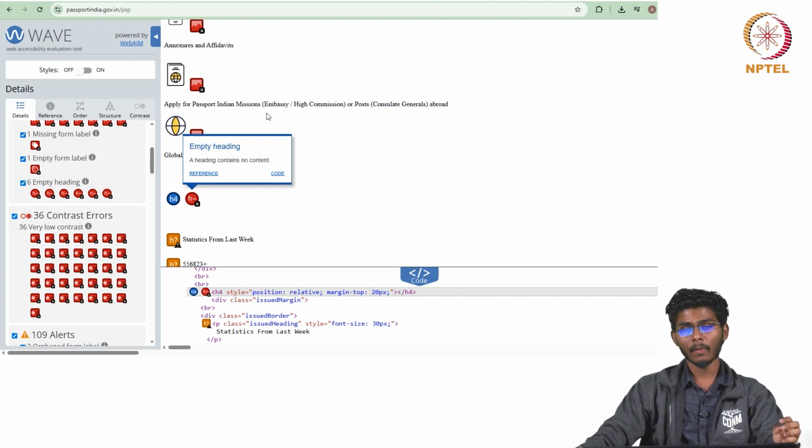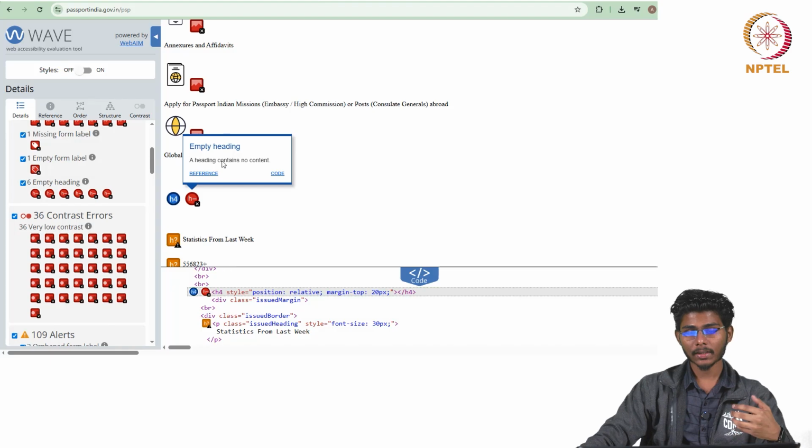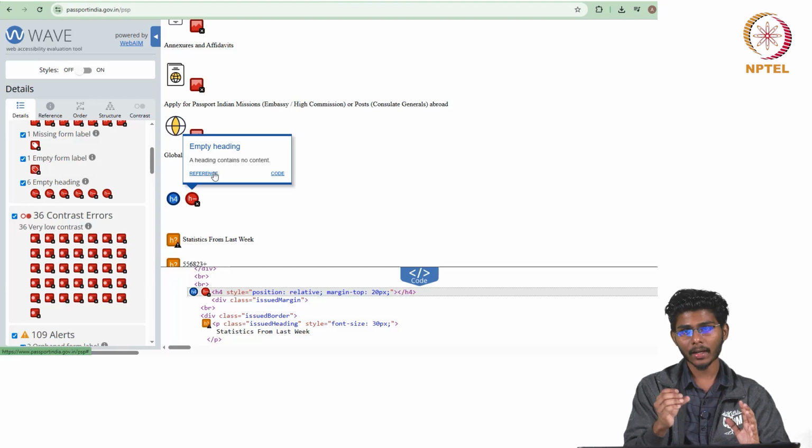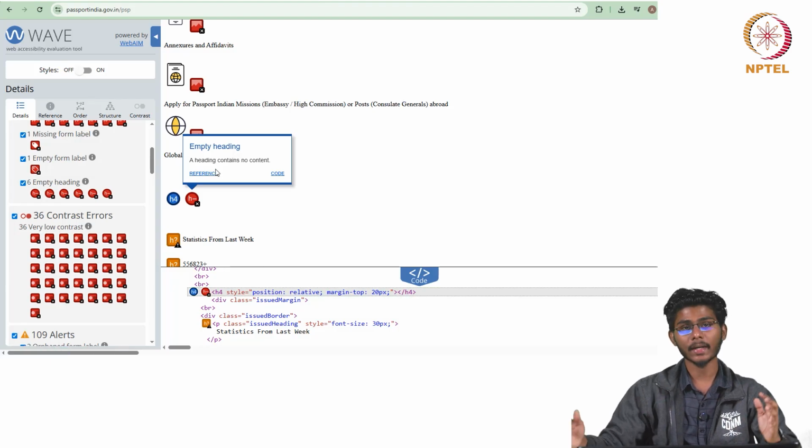While the screen reader option or any accessibility tool is used, it should mention that this is the heading and this is the content part, or else it will merge the heading and content, and the user will think that the heading is also included in the content itself.